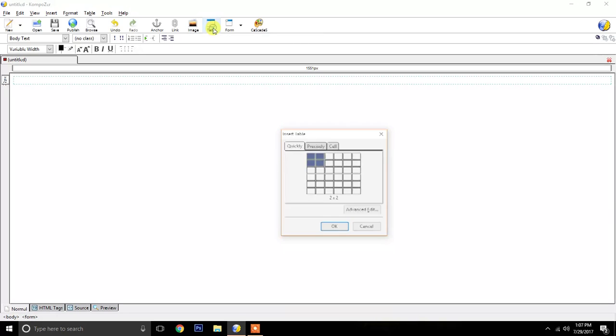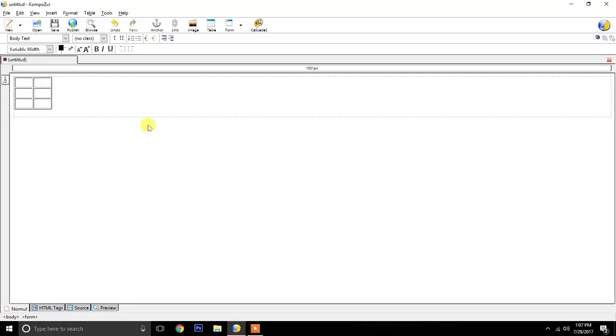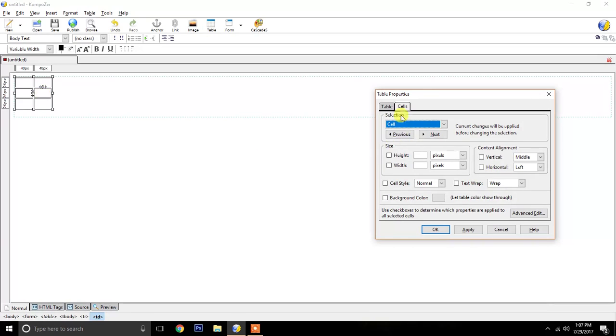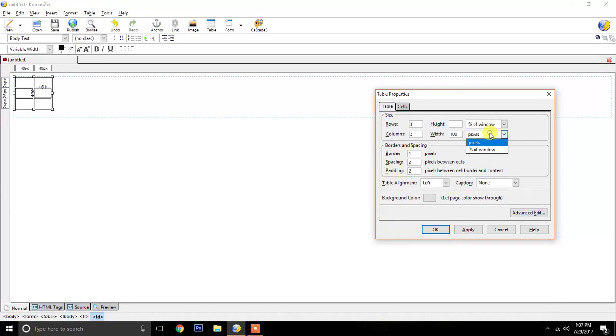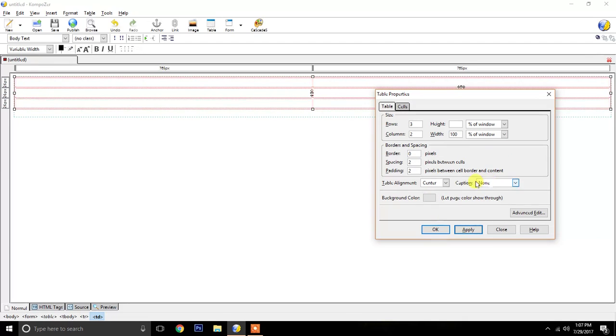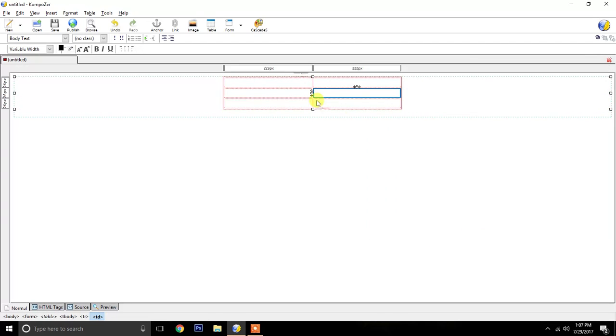Now I am just creating a table that is 3 by 3, then giving it some properties. I have shown this in a previous tutorial, so I don't have to show it again. If you don't know, just check my previous tutorial. Here what you have to keep in mind is the name of your elements and form.